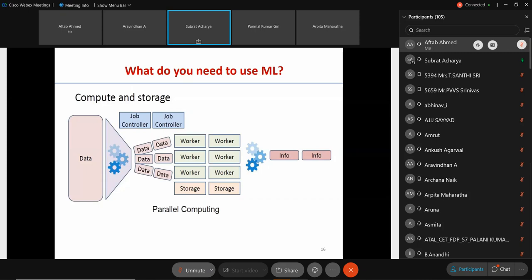Now, when you use ML, you take the set of data and split it into chunks, and each chunk is taken as one job for a particular algorithm creation, and then it is stored separately as a worker. What I have mentioned here is small programs which will do the individual jobs, and then these all will give useful information. I am highlighting the compute and storage information here,